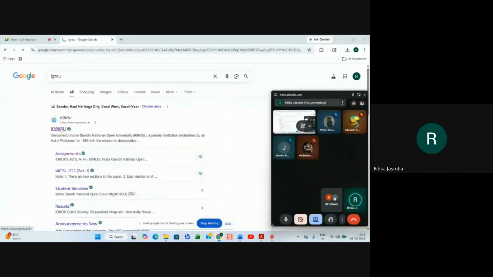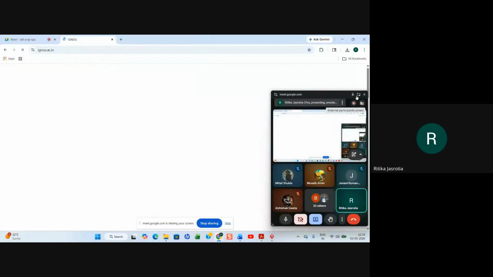Just go to the IGNOU website and lodge your grievances. For online OL mode students, there are certain emails which are given. I'm just sharing my screen.